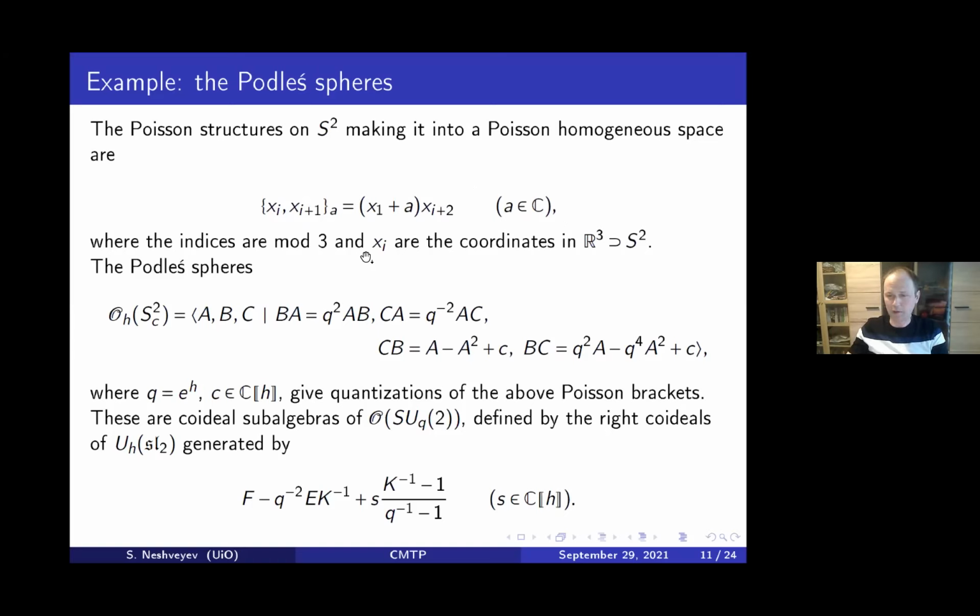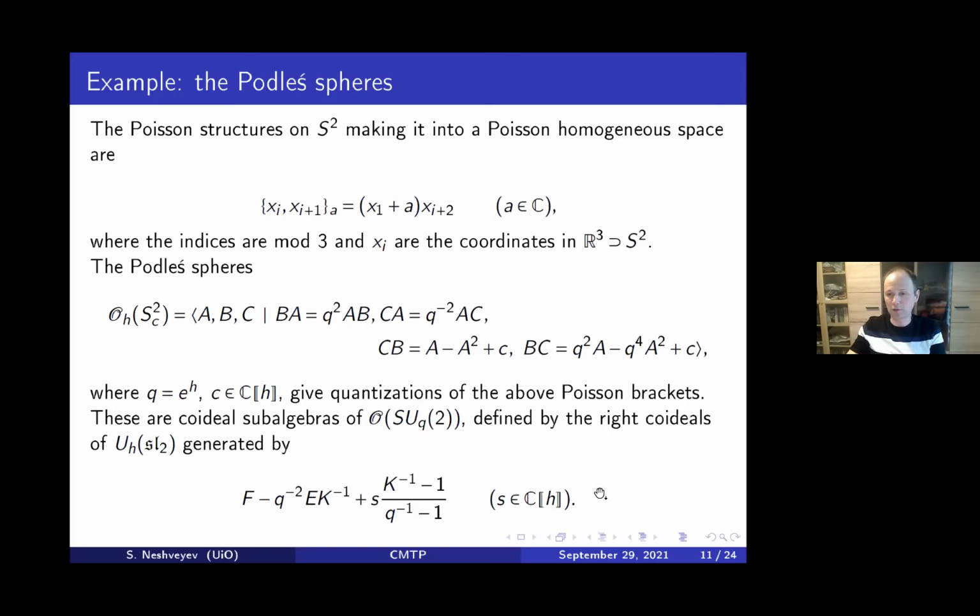And those have been explicitly quantized. At the level of function algebras, these are algebras satisfying this, with 3 generators and several relations. But in fact, in this case, it's more convenient to look at the dual side. So instead of considering a subalgebra of the function algebra on the quantum group, or just an abstract algebra in which you have an action of SUq2, it's convenient to consider the dual subspace of the quantized universal enveloping algebra. And this is even easier to describe.